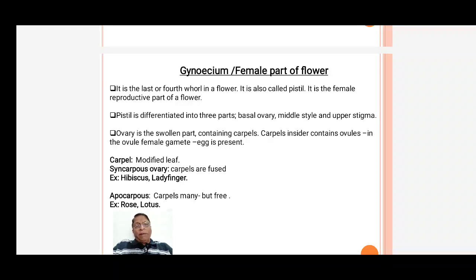Ovary is described as syncarpous ovary. Syn means fused, carpous means carpels. Example, in case of hibiscus and lady's finger,